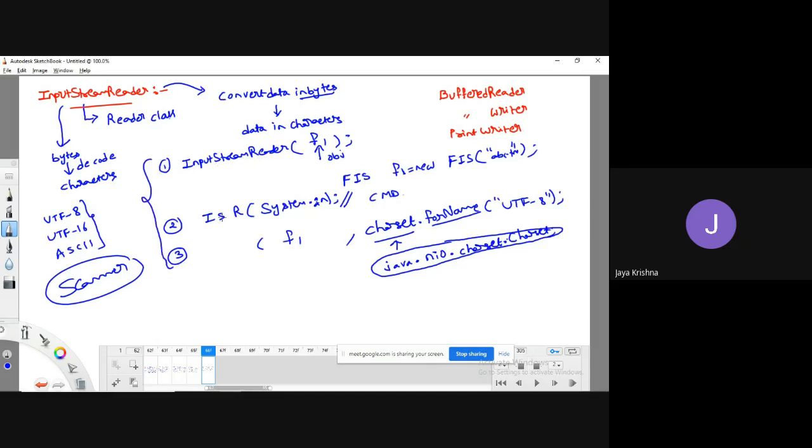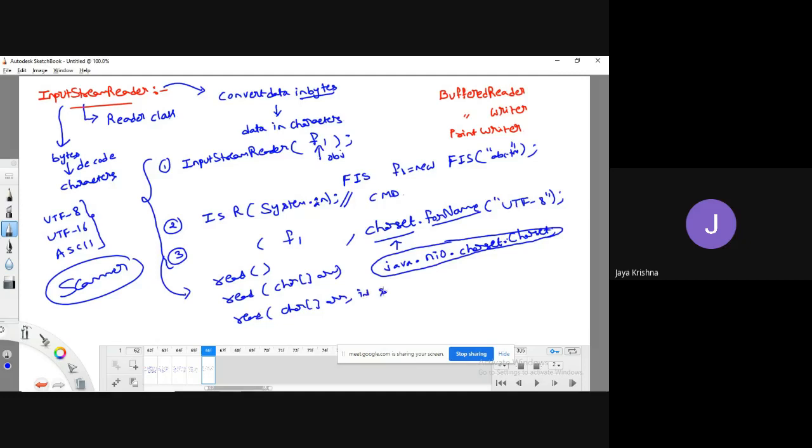So as it is an input stream reader, we have created an object. You know how to create an object, right? Through this object, I can perform various kinds of operations. What operations can I perform? I can perform the read operation, the main thing. I can read the data, and that data can be an array of characters also, or it can be a starting position followed by the number of characters you want to read from that position.